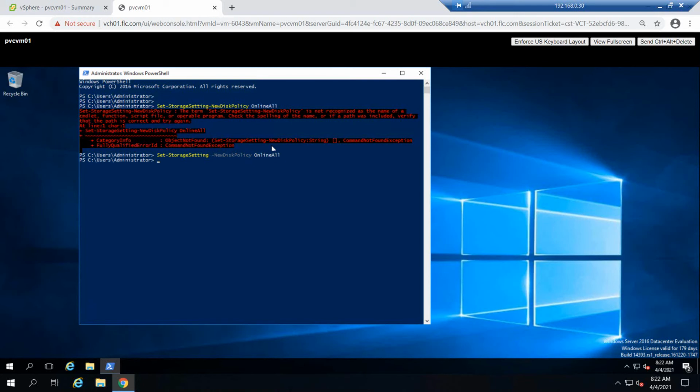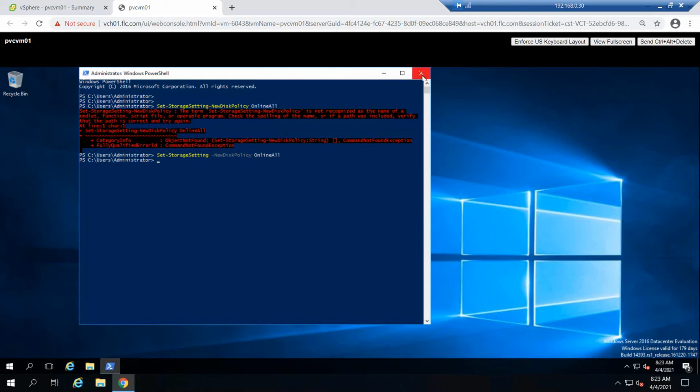Running this command, whenever the machine reboots, all disks will be online. So once you change the disk to paravirtual SCSI controller, you need to run this command. I will put this command in my video description.